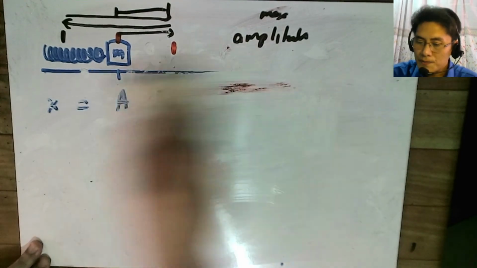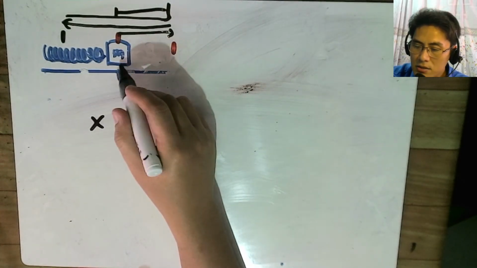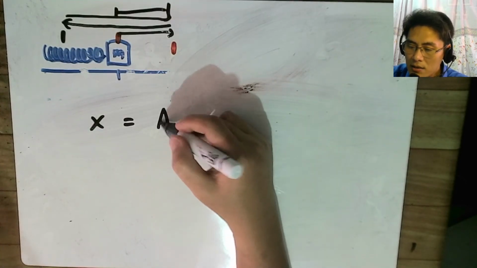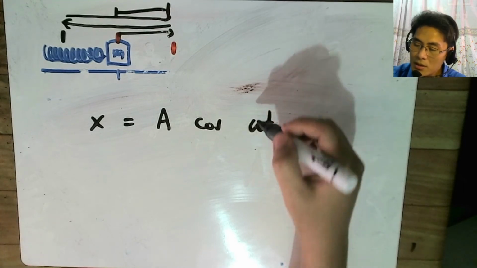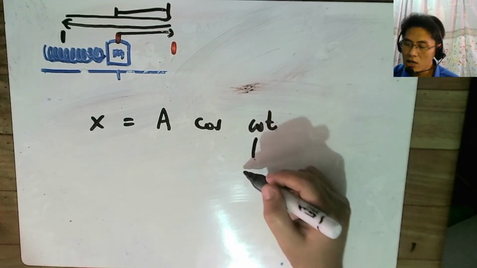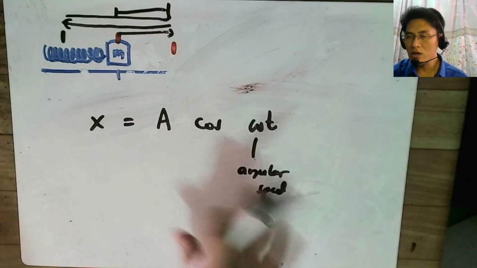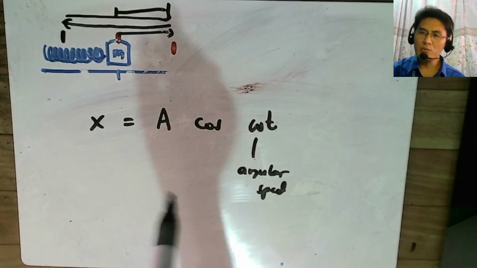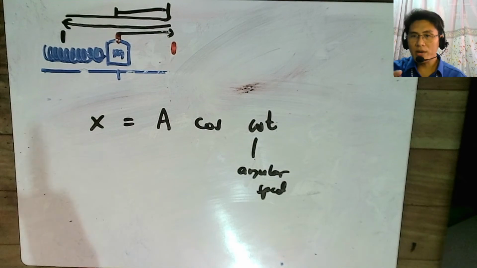Okay? So with that, let's finish this video and just say the distance of that mass, whether it goes to the right or the left, is defined by A cosine omega t, where this is obviously the angular speed. How fast the rotation is happening in the equivalent circle that we use to model this system. But again, take note, we are just using that circular motion to model this system. What we do is we take that circular motion and then we ignore the y component. Again, if something is moving in a circle, if you look at it from the side, meaning you ignore the other dimension, it's as if the object is moving forward and backwards,